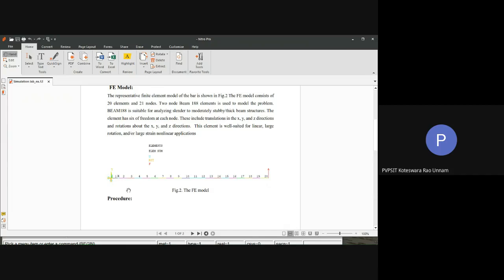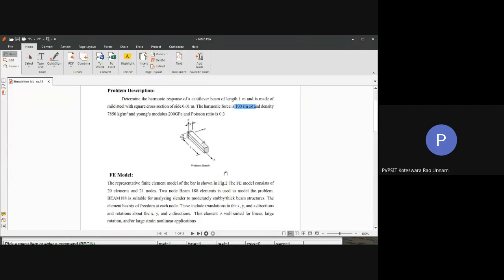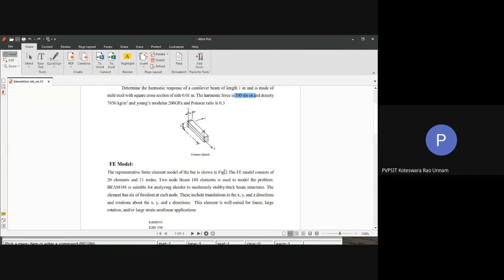Now the remaining things are the same. I think all of you know how to define the cross section of this beam and how to select the element type, all those things. Anyway, I'll show you that while doing it in the software, but I'm not explaining all those things in detail here because you already know that. The only important point here is you need to define the density also. In addition to Young's modulus and Poisson's ratio, you need to define density for this problem, because in dynamic analysis, to calculate natural frequency, you require mass. In the previous experiment you already saw the analytical formula is the square root of k equivalent by m, where you require the mass to calculate the natural frequencies.